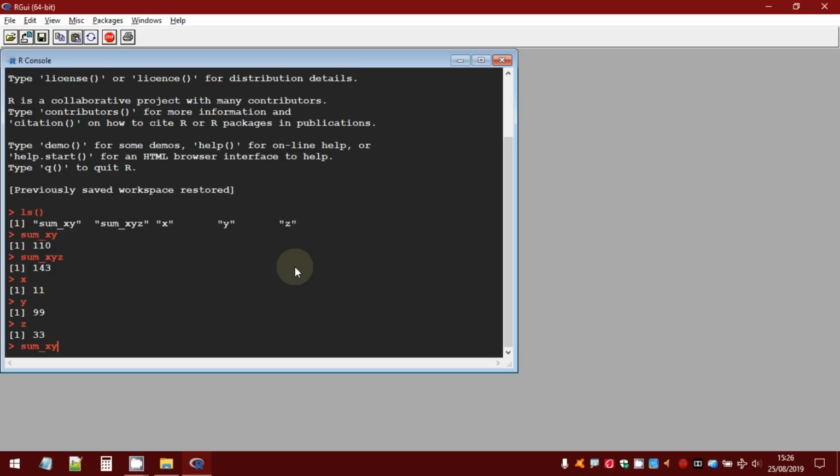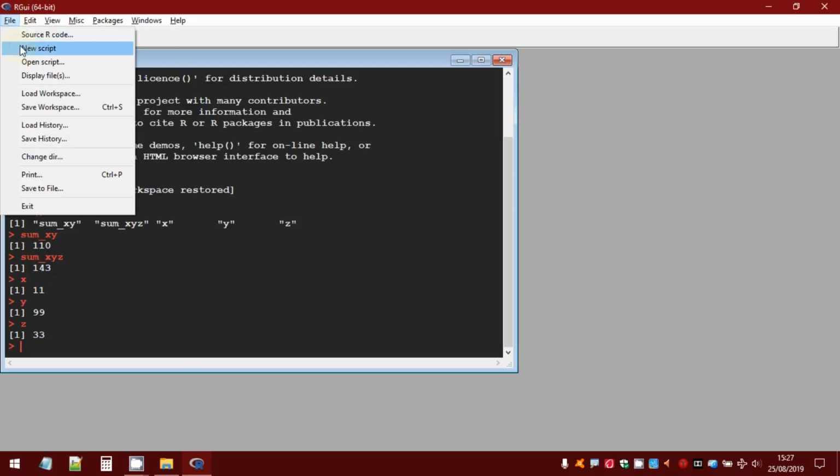But there is another way to save the list of commands. If you don't want to work with the history, you can have the list of commands saved by working with scripts. So File, New Script.